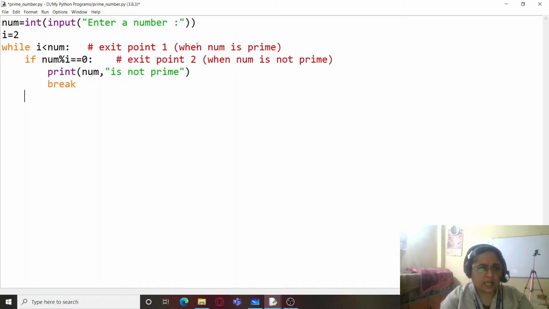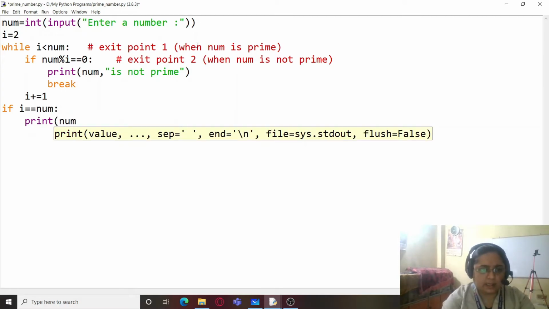So this is it, and now what we are going to do is we will be using the update statement here. After the update statement we will exit the loop and just check whether I is equal to num or not. If both are equal, it means that the number is prime.